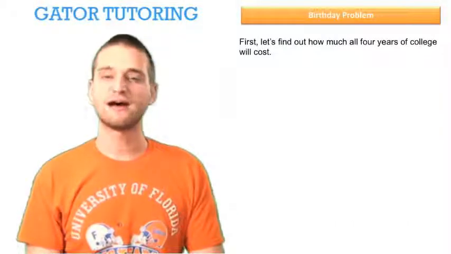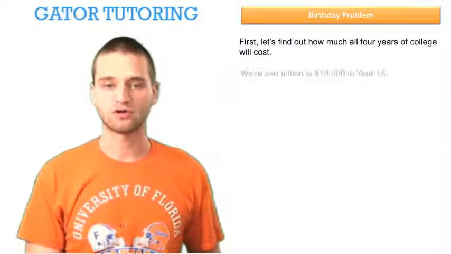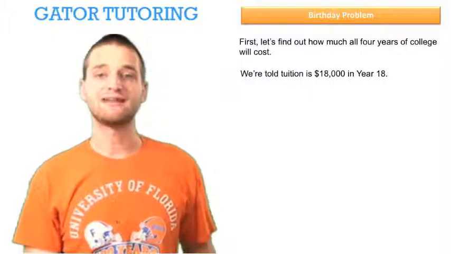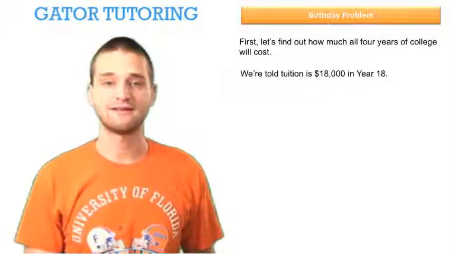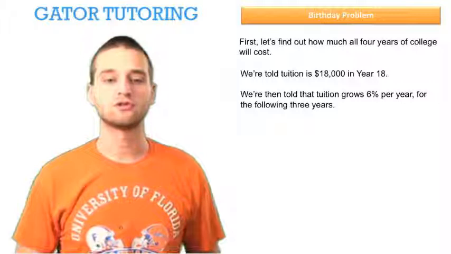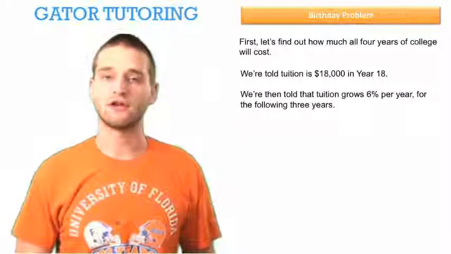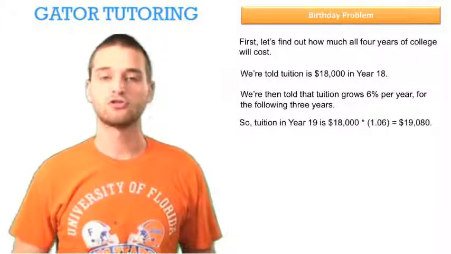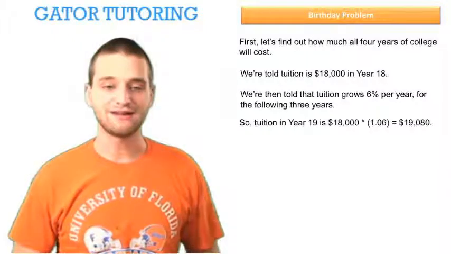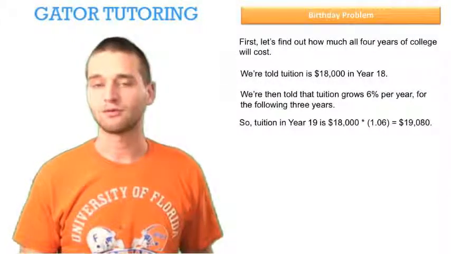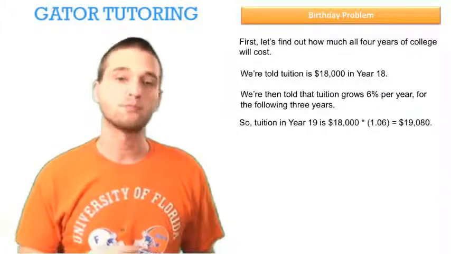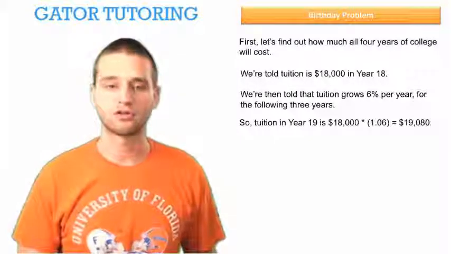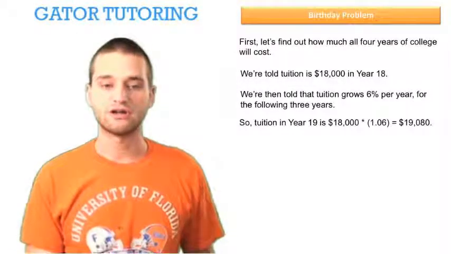First, let's find out how much all 4 years of college will cost. We're told tuition is $18,000 in year 18. We're then told that tuition grows 6% per year for the following 3 years. So, tuition in year 19 is going to be the $18,000 that it was in year 18 times 1.06 for a 6% growth. And we'll get a tuition in year 19 of